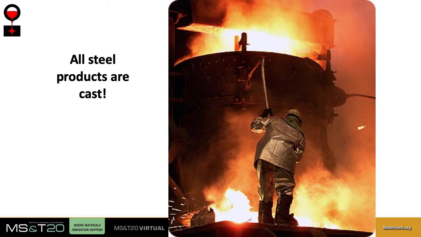Any part, even if it's defect free, regardless of its product form, whether it's a casting or a forging or a rolled plate, will fail if the load exceeds the design limits. So steel is steel, no matter what the manufacturing process is, no matter what the product form is. Whether it's a casting or forging, they're all melted the same way. They start with the same raw material and they're melted in a furnace.